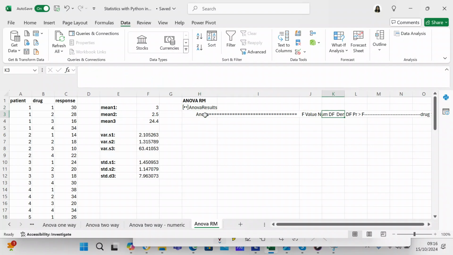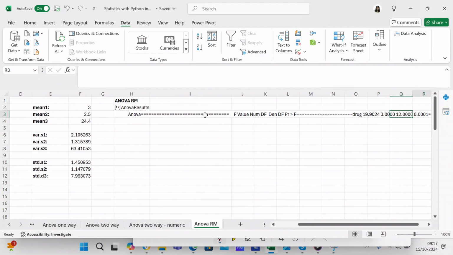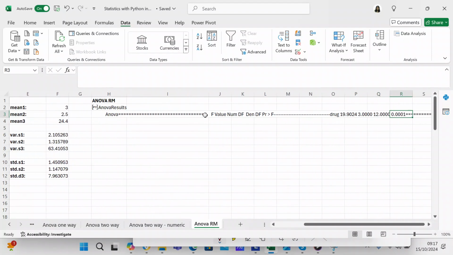It just gave you one string, with the F value, numerator degree of freedom, denominator degree of freedom, and P value. Your F value is 19.9024. Your numerator degree of freedom is 3. Your denominator degree of freedom is 12. And your P value is